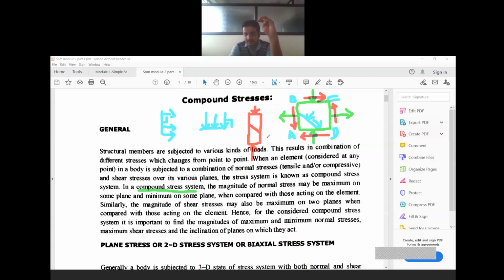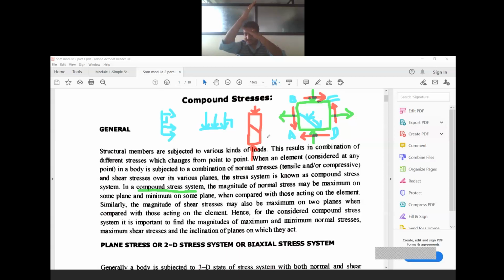That is why, for any material, it will have its own plane of fracture, or it will be experiencing maximum or minimum stress in some plane. Some plane will experience maximum stresses, some other plane may experience minimum stresses. Both these conditions also have some principle. If this hand is the maximum stress plane and this hand is the minimum stress plane, they will always be perpendicular to each other.